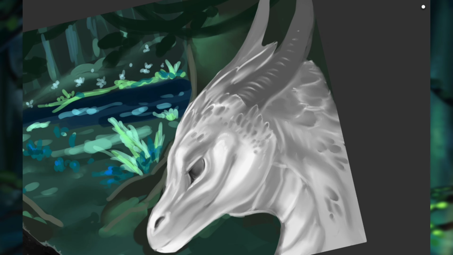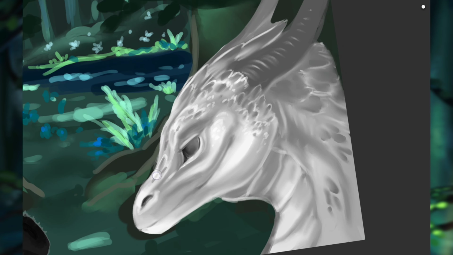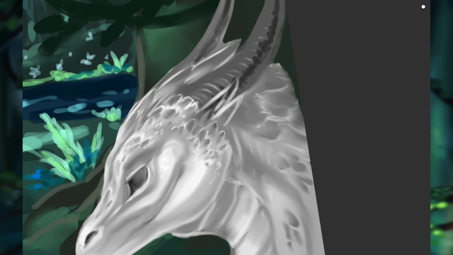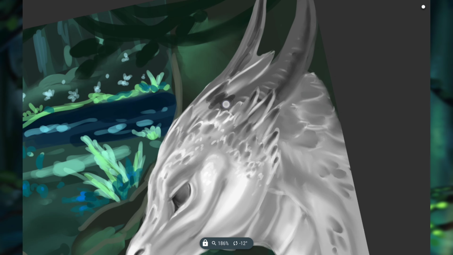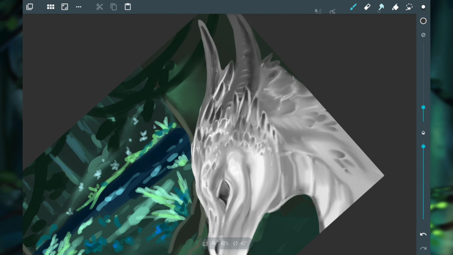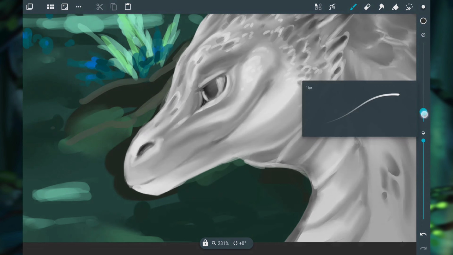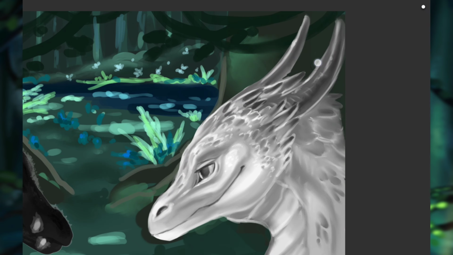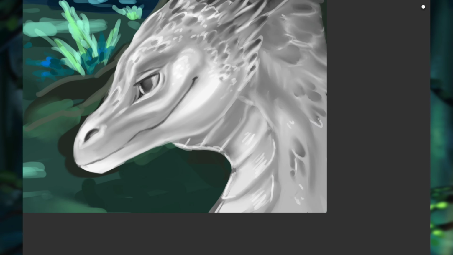I usually go over this a few times before I'm happy with the outcome, but it is a really pleasing process, and I really do enjoy painting feathers in this way, which is why, even though feathers can be a bit annoying because normally you have to draw at least some of them so it looks like a feathered creature, it is still quite a pleasing process to me.